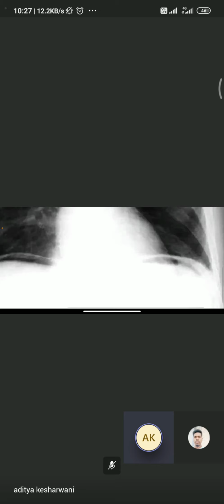On the left side, it might be a normal fundus shadow, the gas in the fundus of the stomach, what you see on the left side. So the left side is not much significant in all the cases. In normal cases also you can get it. But if you are getting gas under the diaphragm on the right side, that is suggestive of a perforation, a hollow viscus perforation of the abdomen.